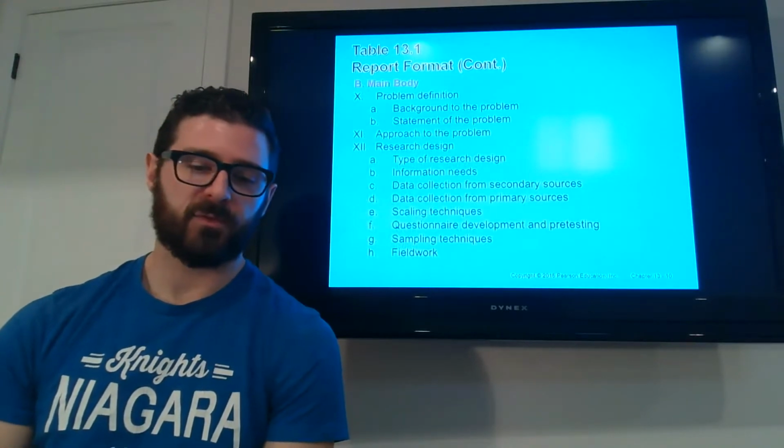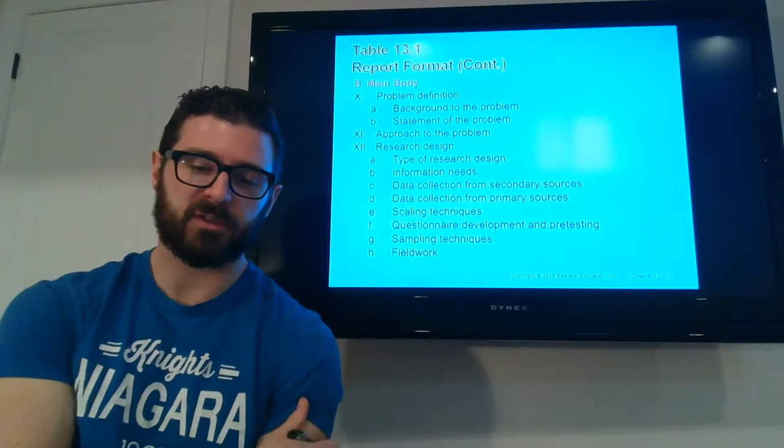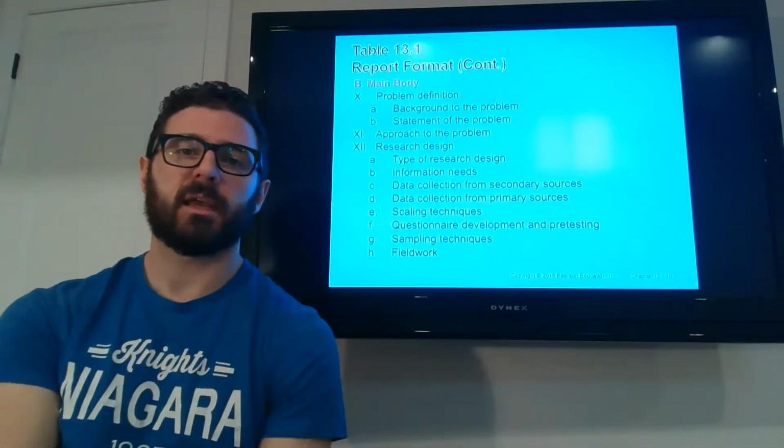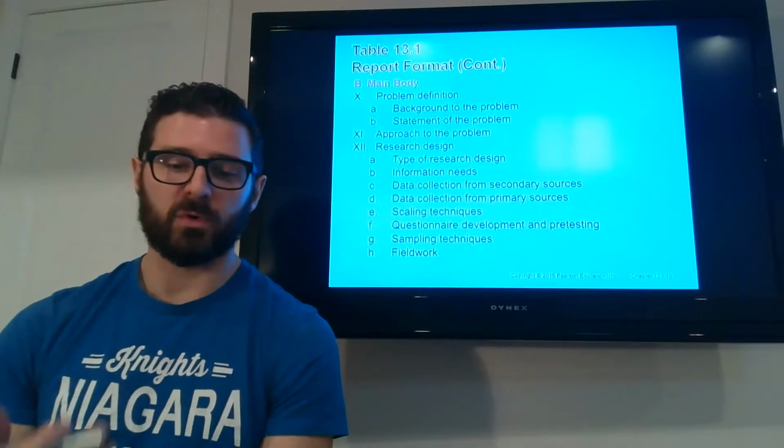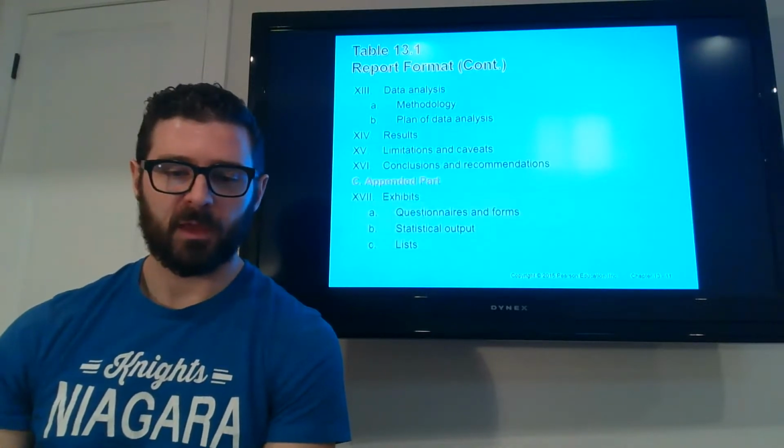So this, number 12 here, the research design, goes into detail about your methodology, like how did you actually approach this and execute it.